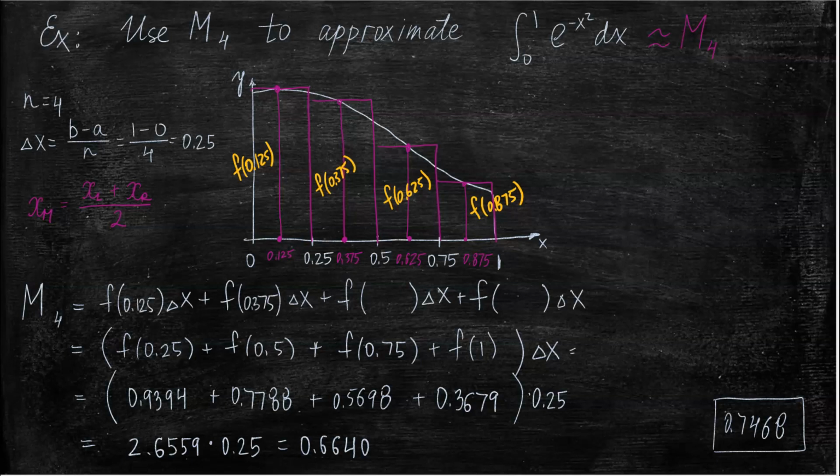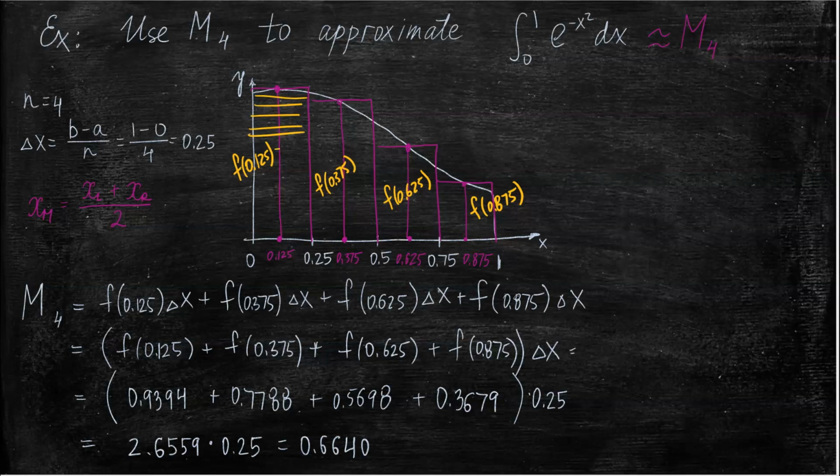So the hardest part will be to actually figure out what those heights are. Meaning we would have to evaluate the function at these 4 points, and as you do that, you may find it very tedious and time consuming. But remember, the other alternative will be nothing. We really don't have an alternative. This is the only way to compute this area, because this function doesn't have an antiderivative.